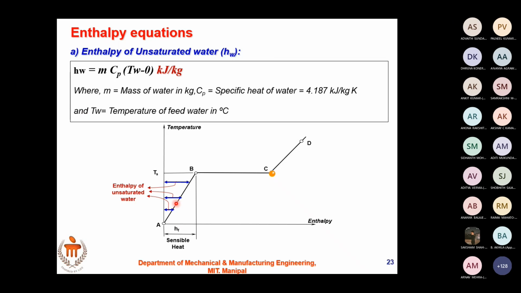You can understand. See, now you are an engineer in a thermal power plant. You are supposed to boil the water, convert it into steam, and generate superheated steam. Now, if I have my feed water entering the boiler at 10 degrees Celsius, at 30 degrees Celsius, or at 50 degrees Celsius, what is the change? Assume that your boiler is operating at 1 atmospheric pressure.